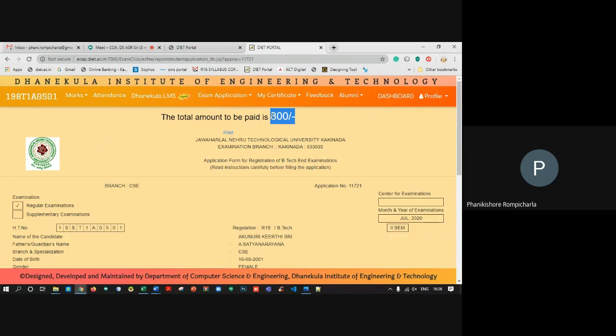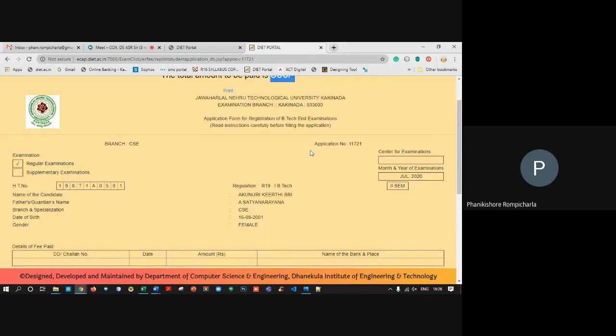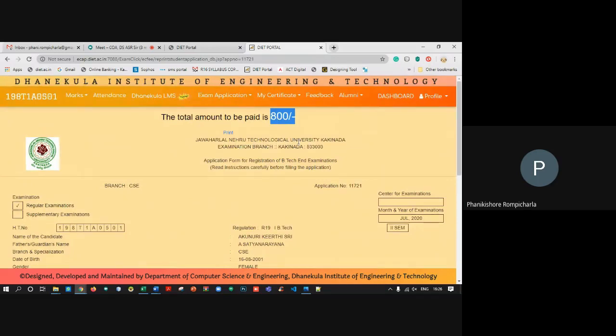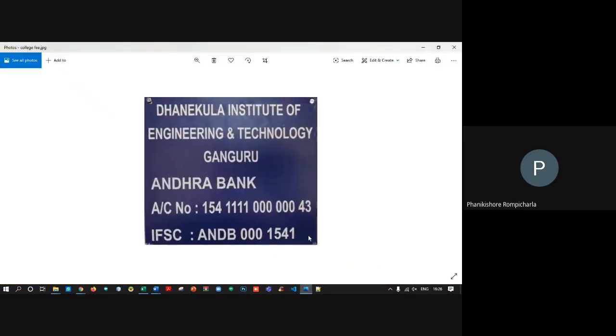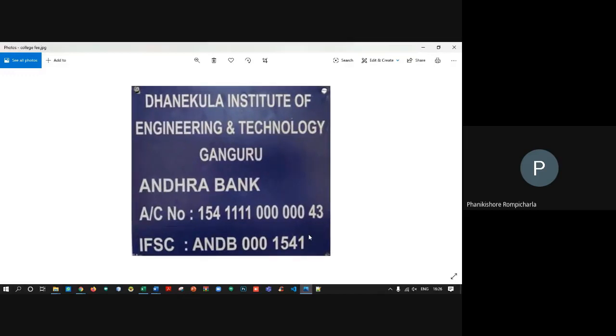Whatever amount is displayed here needs to be paid through any means to our college bank account. These are our college bank account details where you need to deposit. You can add this to your bank account and transfer the 800 to it, or you can pay through Google Pay or any other means, at your convenience.